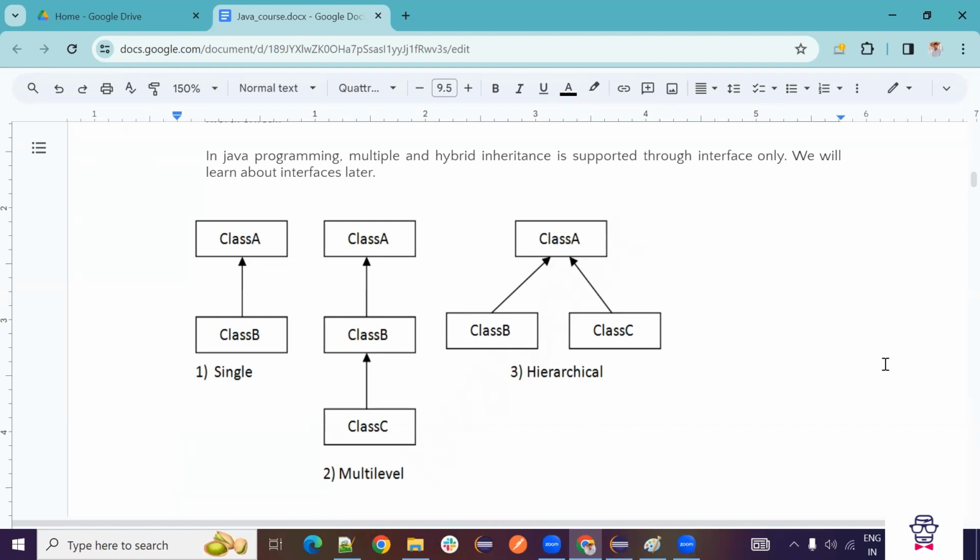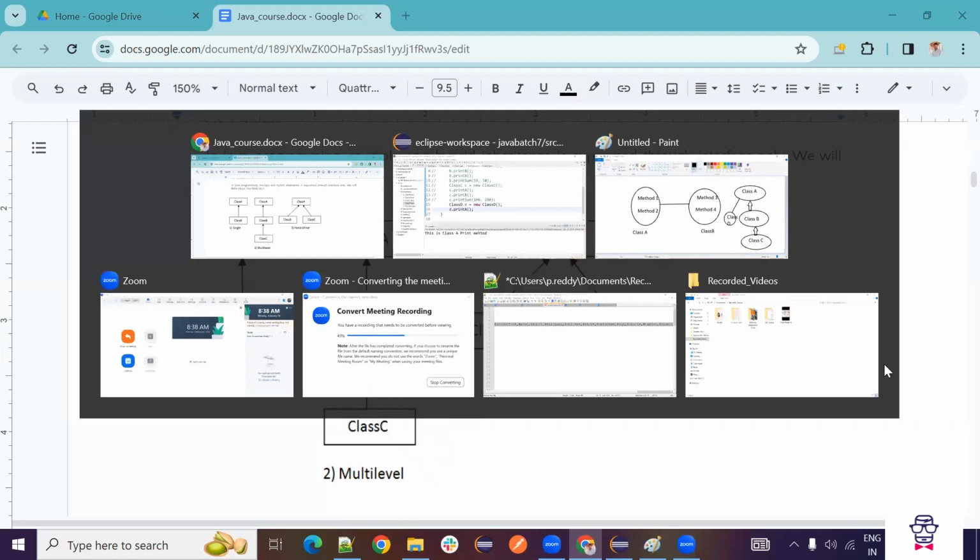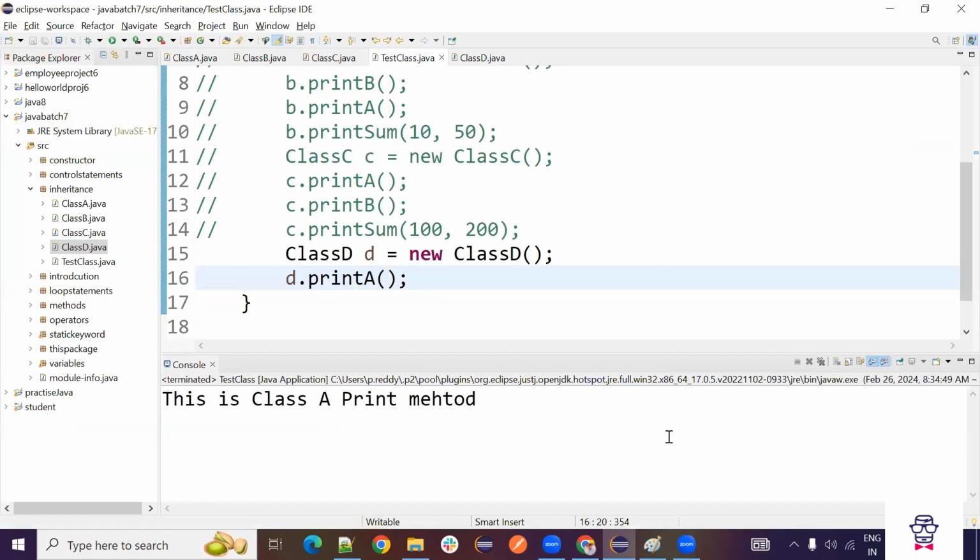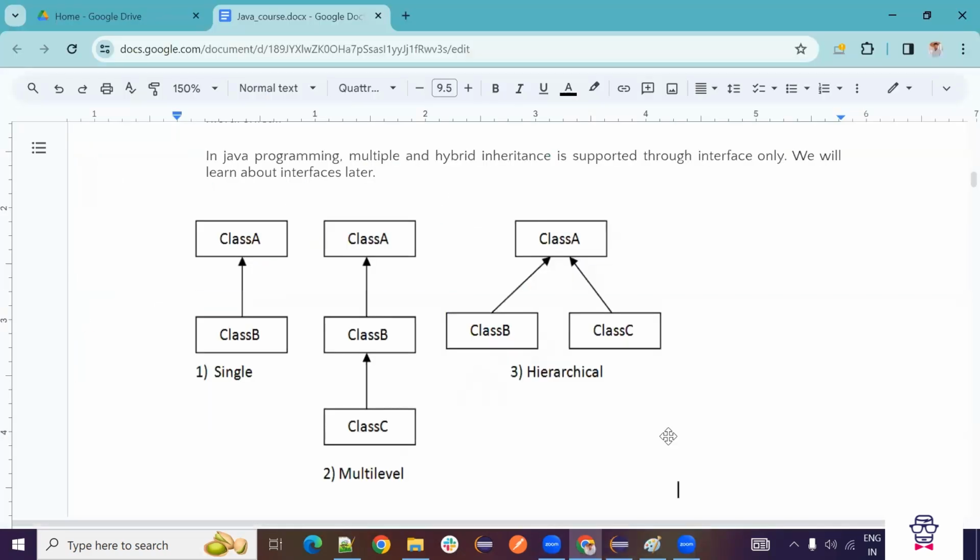A common interview question is: what are the OOPS concepts? We have to tell four concepts. Today we discussed one of the concepts, inheritance. What is inheritance? Inheritance means one object uses all the properties of the parent object, right? We are using the same thing. Class B uses all class A properties. So we can see this example. And what are the types of inheritance? There are three types of inheritance.